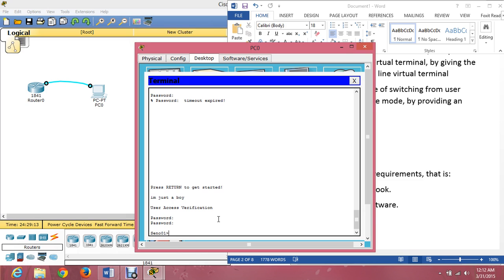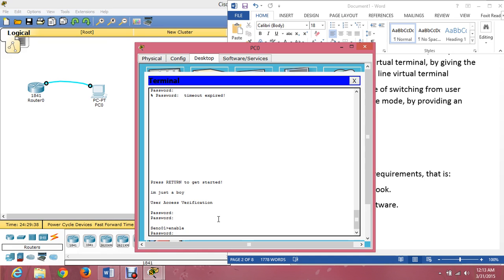To check the startup configuration, we should enter the privilege execute mode. Type enable. Enter. And input the true password, semangat.